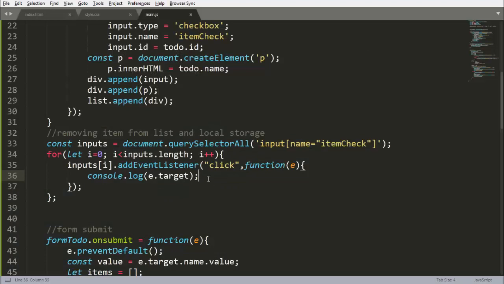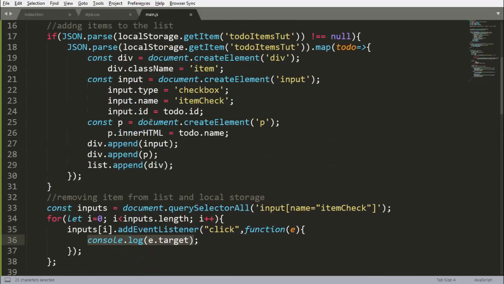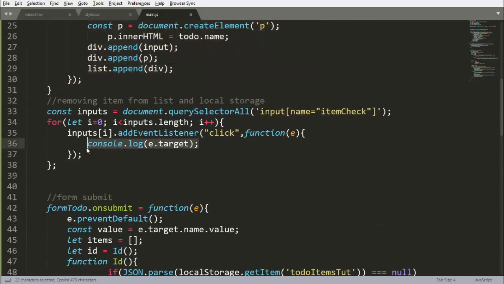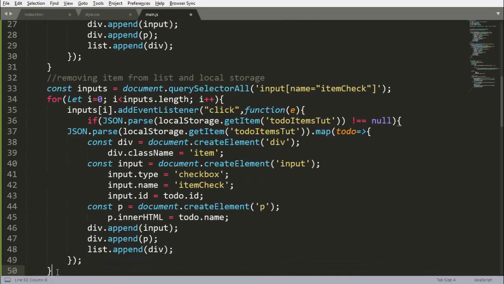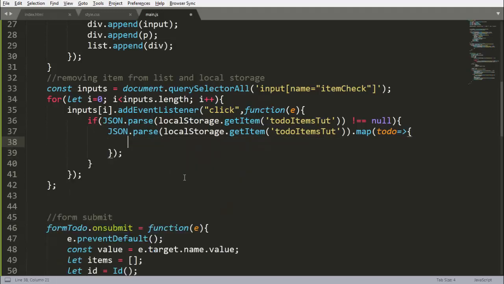So for that, first of all, let's get this condition here. So we will copy this and paste this here. Again we want this, so we will delete this here. So then there will be a map to do here. So we will access the id of to do.